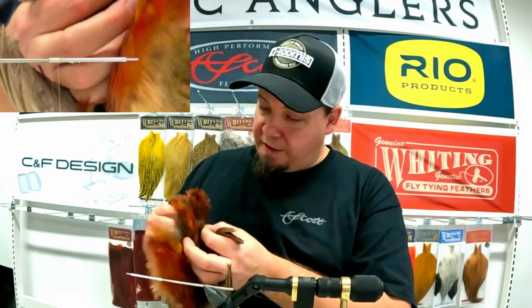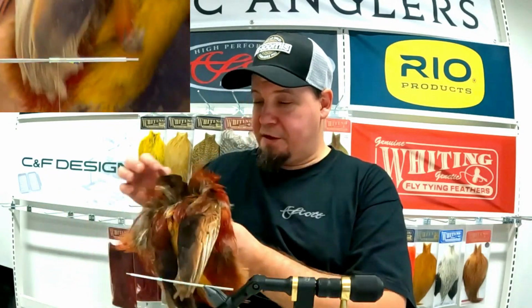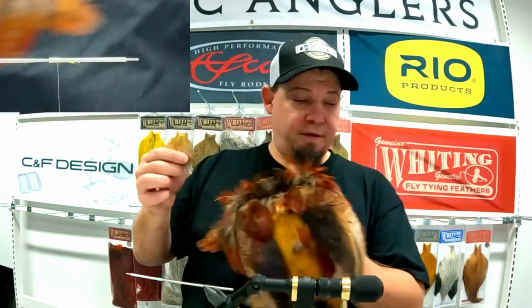I need to find one that has the right length. There's not many. I've been using this quite a long time, I think, so there's not many of the correct length feathers here. Of course, it also depends quite a lot on